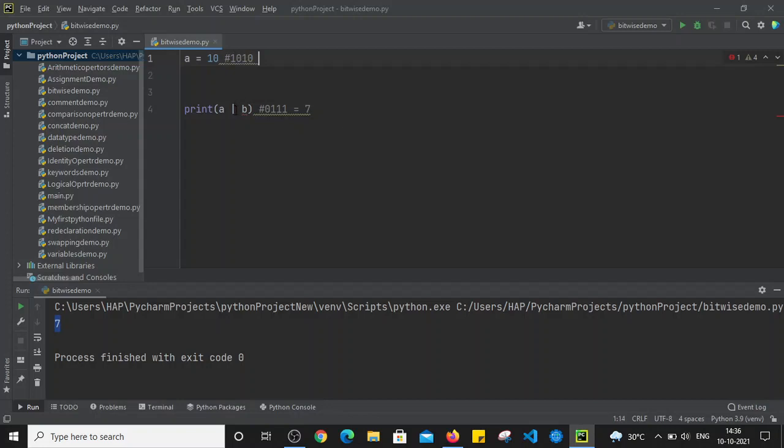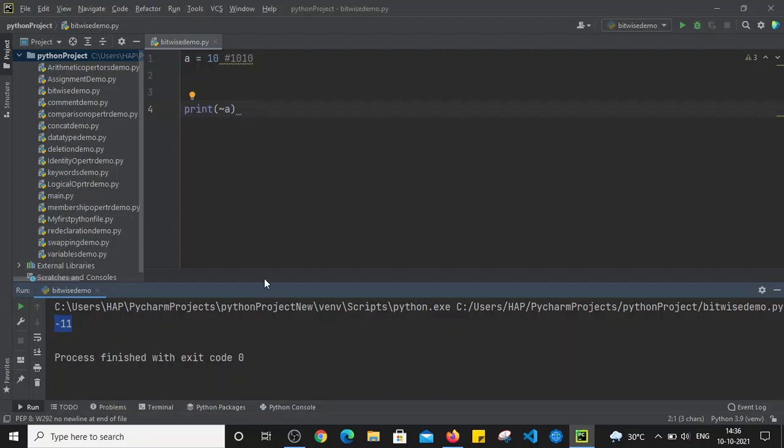We have to perform the bitwise NOT operation, and this is the symbol for the bitwise NOT operation. When we run this file, bitwise demo, you can see it returns the result as minus 11. It is returning the one's complement of that number.